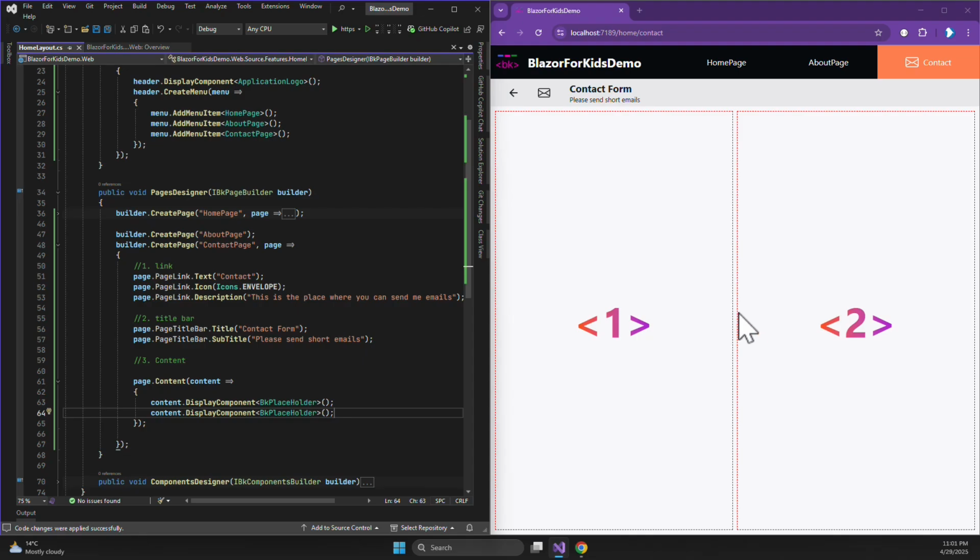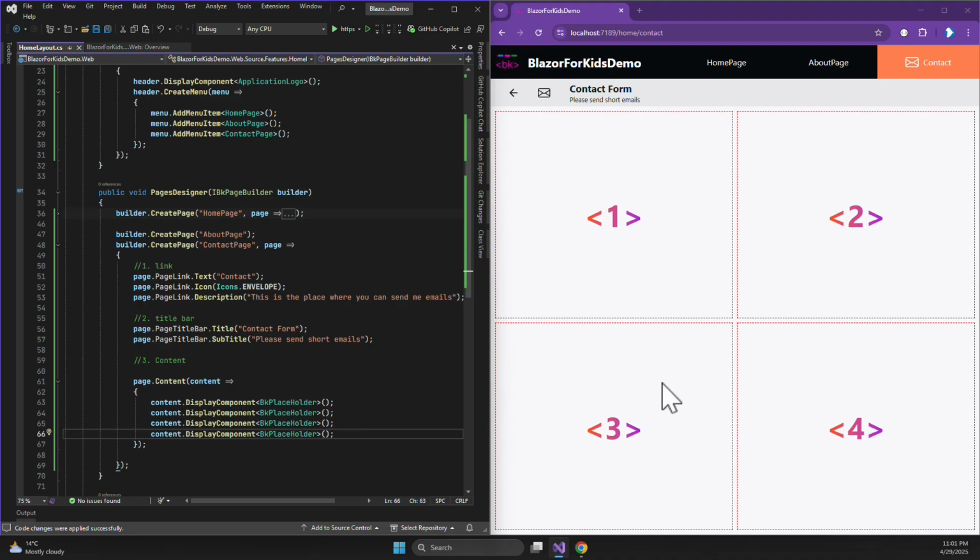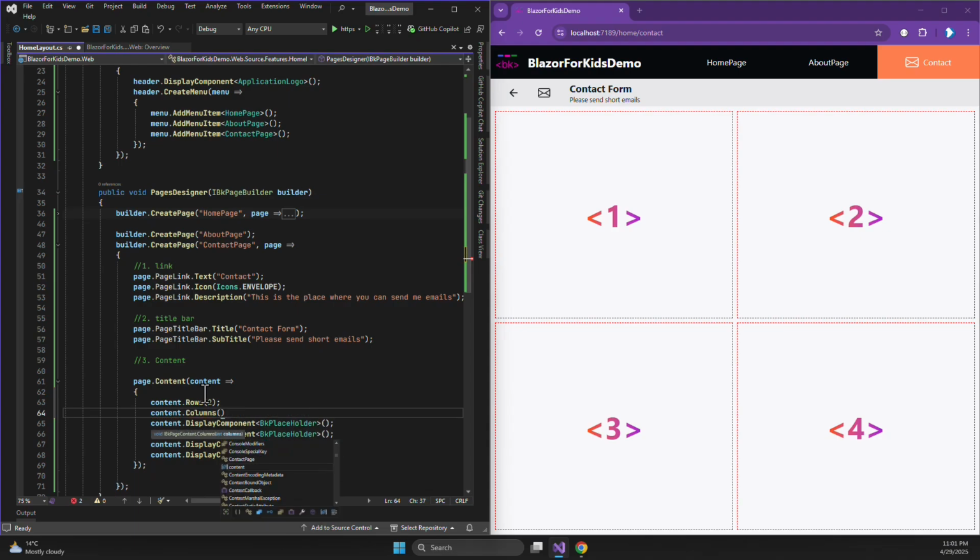But if I want to do something more, for example, let me add another two placeholders, save. Now I have another two components. Now I have four components on the page, and I want to arrange them a little bit. For example, on the first row I want to have three components and the fourth component to fill the bottom row. For this I can do content rows, and I can define rows 2, then content columns 3,